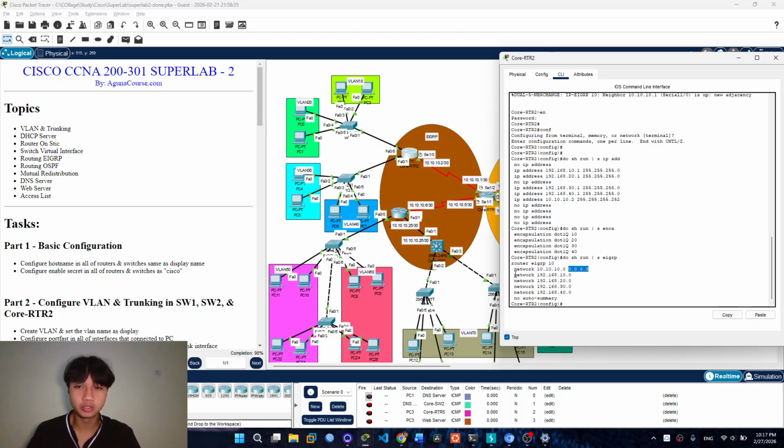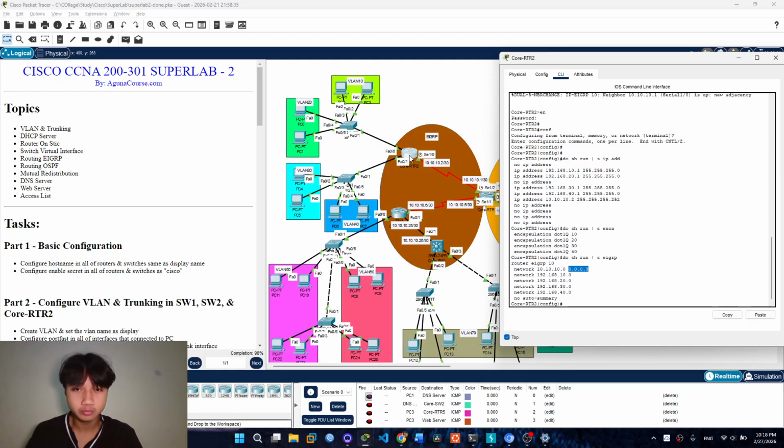advertise all the networks from this router. This router has 5 networks: VLAN 10, VLAN 20, VLAN 30, and VLAN 40.